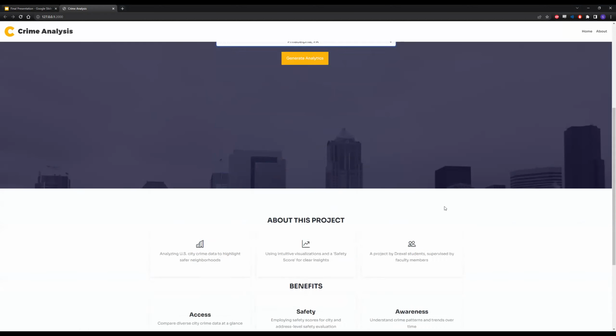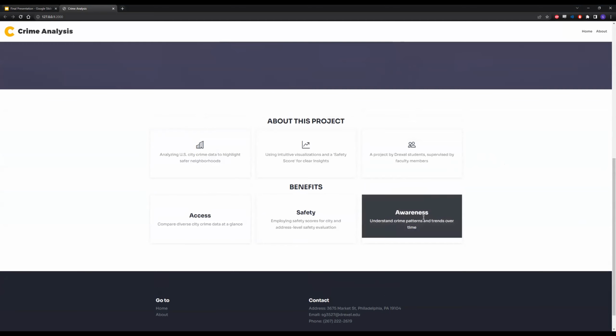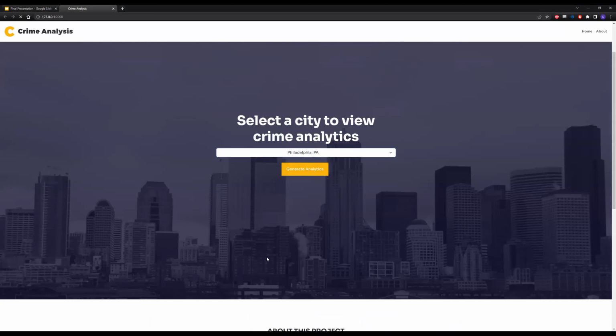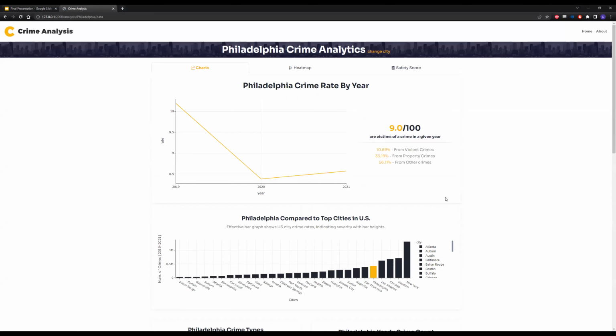Here's our homepage. If you scroll down, there are just a few blurbs about what this is about and the benefits that it brings. We'll click Generate Analytics. And here we get taken to our first page. This is our charts page. We can see that 9 people out of 100 are victims of a crime in a given year. And we can see this comparison on this line graph of the rate of crime that happens in Philadelphia over